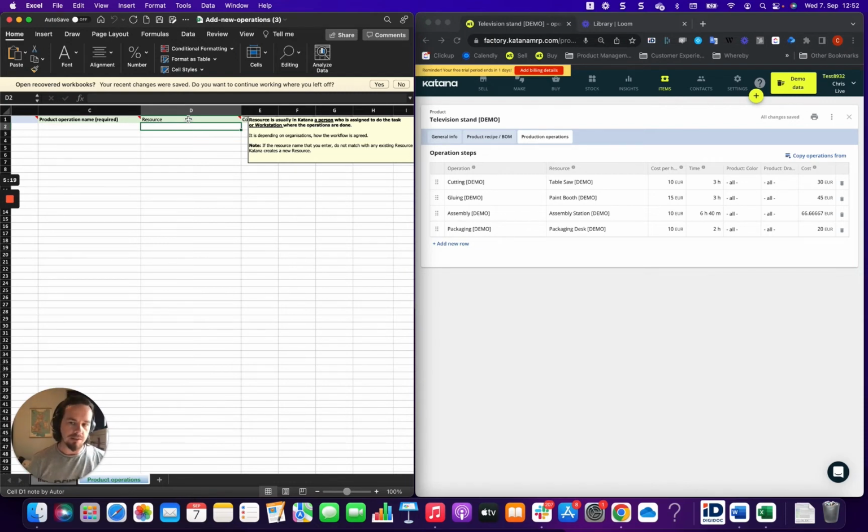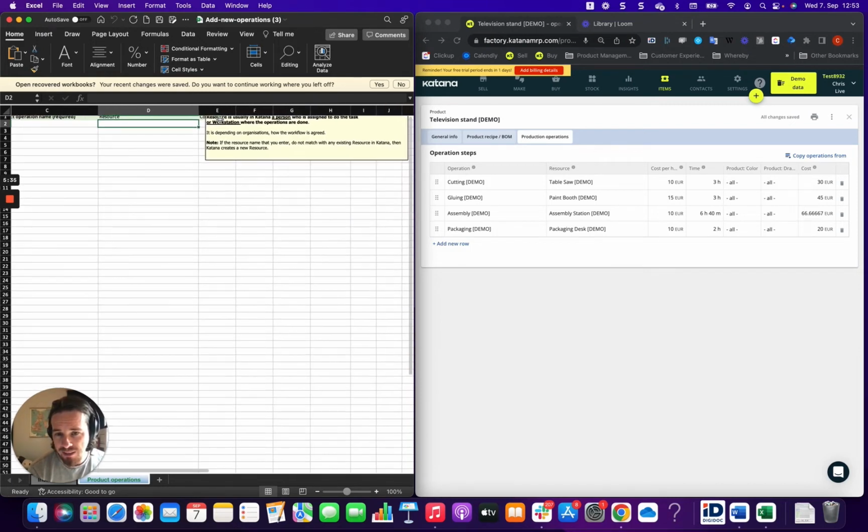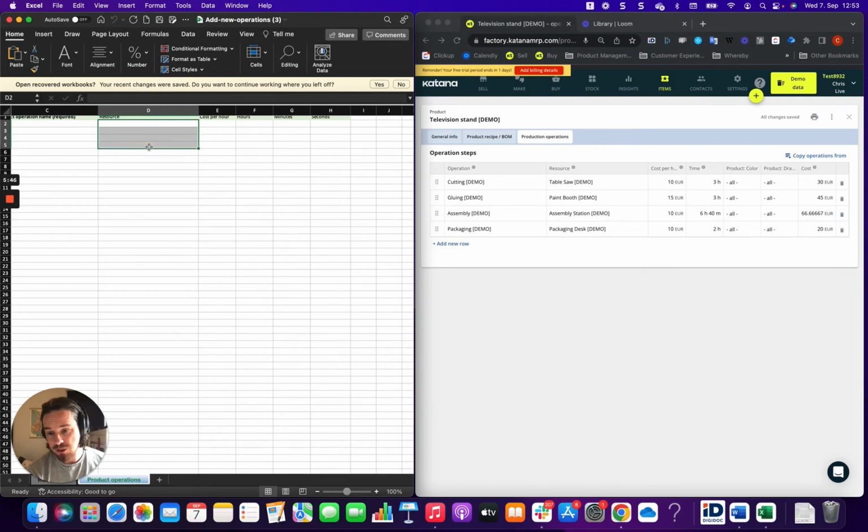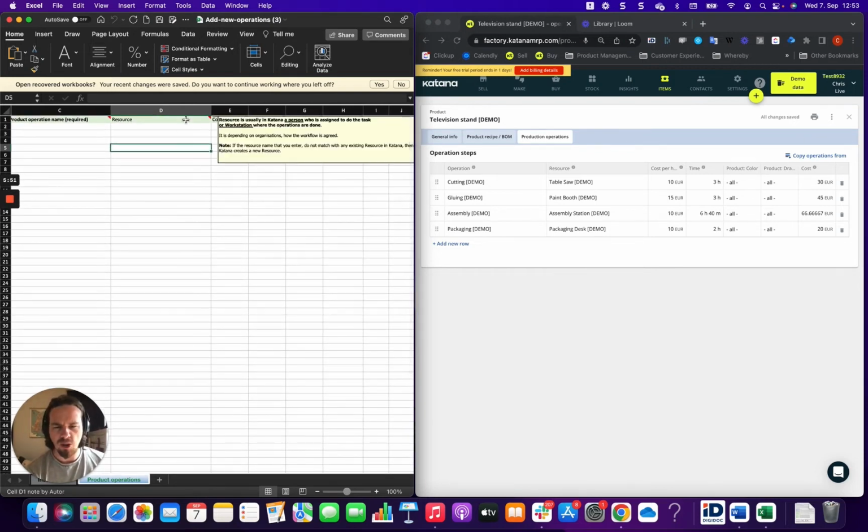But for the sake of importing operations, just to have them on the product card, this information is generally optional. I think there is a note here that says that if the resource name that you enter does not match any existing resource in Katana, then Katana will create a new resource. So you can actually add resources through this process if you want,